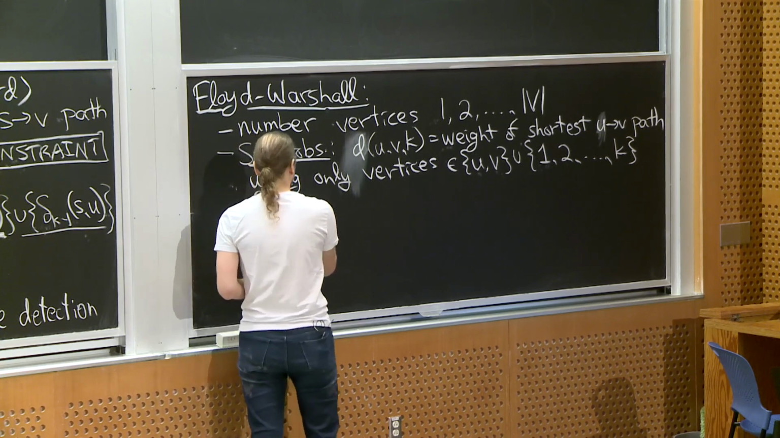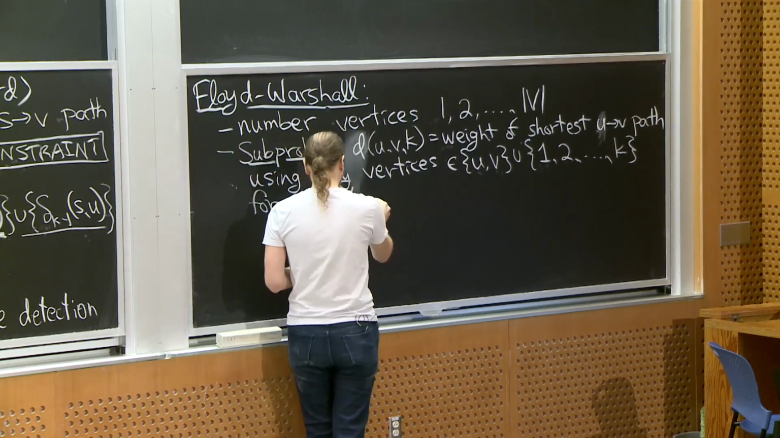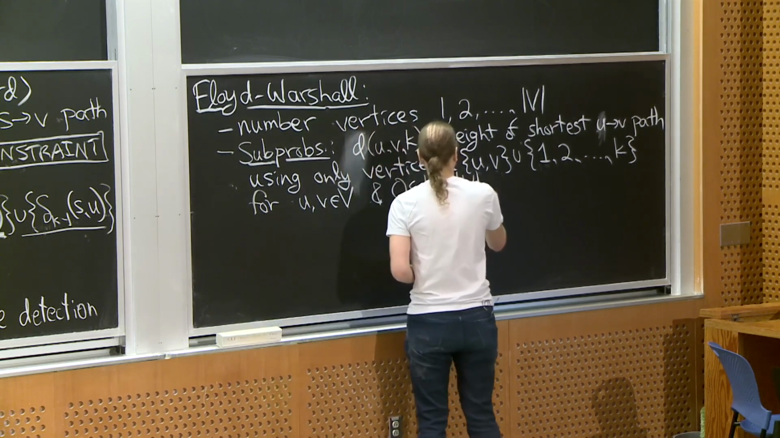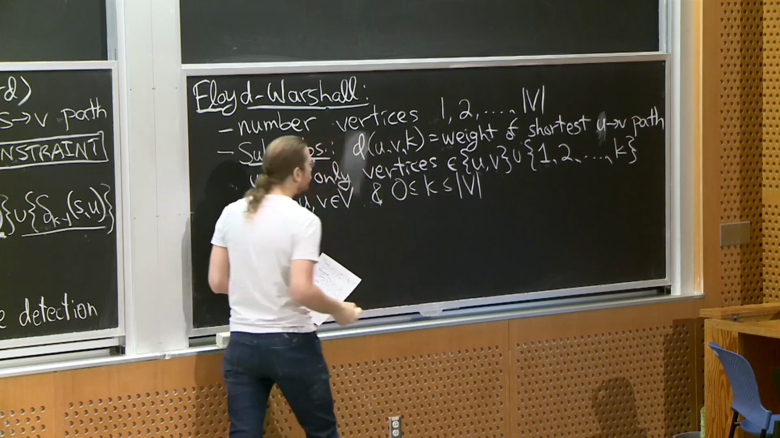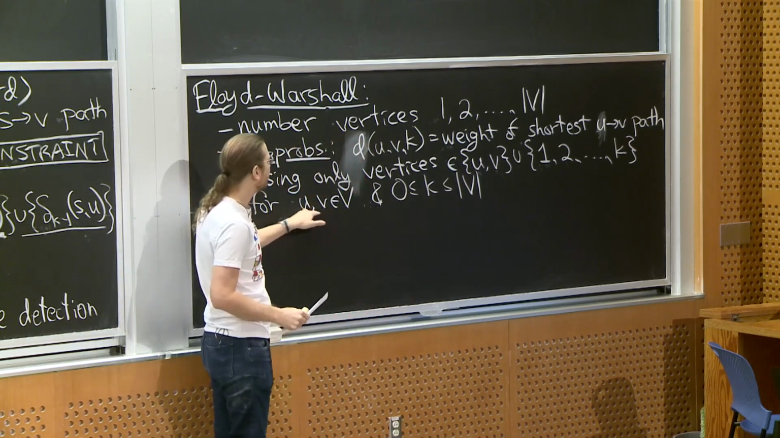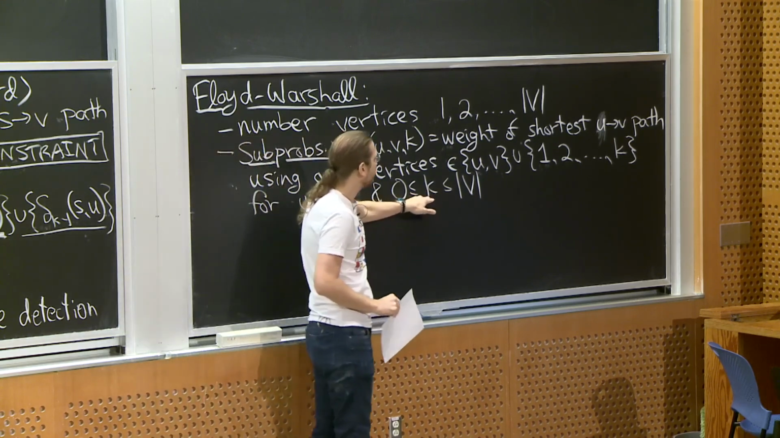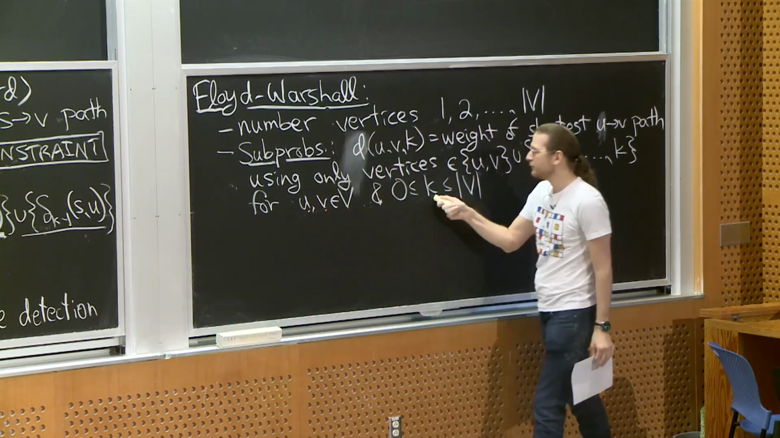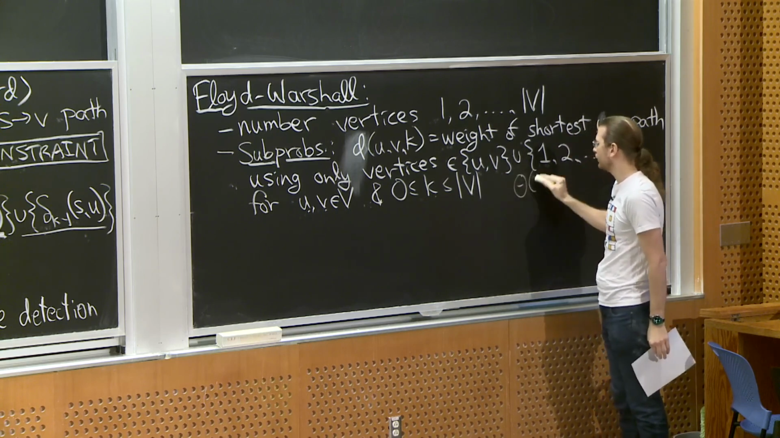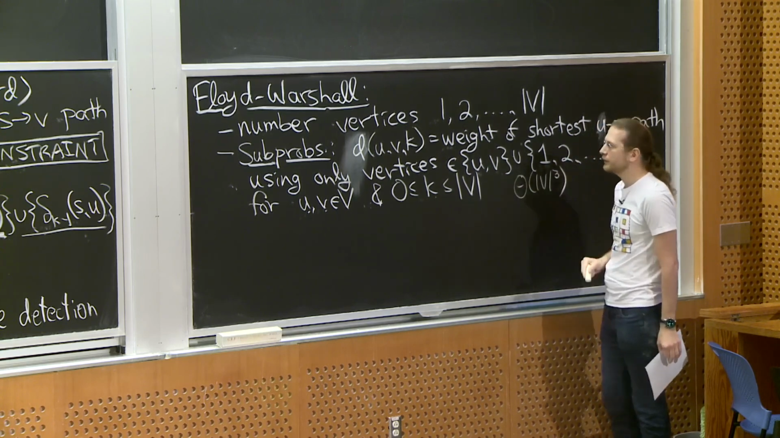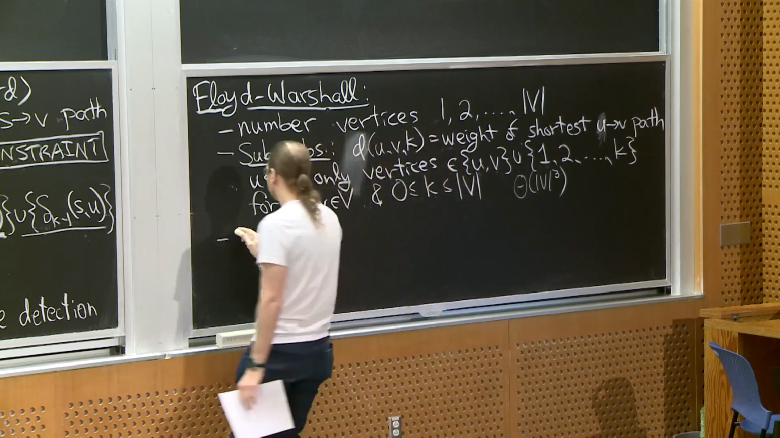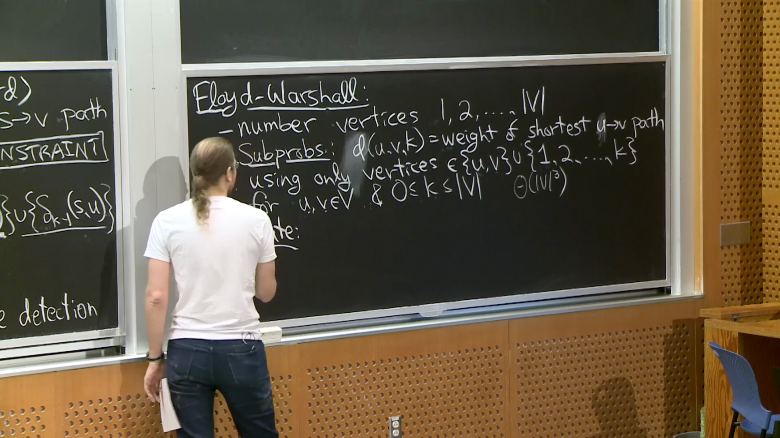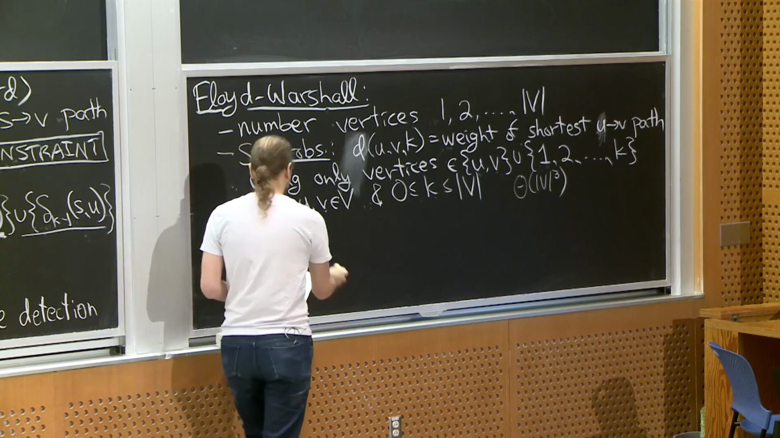So let me first tell you how many subproblems there are. Okay, this is v cubed subproblems. I have v choices for u, v choices for v, and v choices for k, roughly. So v cubed of these. But the key thing is, that sounds like a lot, but the relation becomes cheaper now, because I can just write